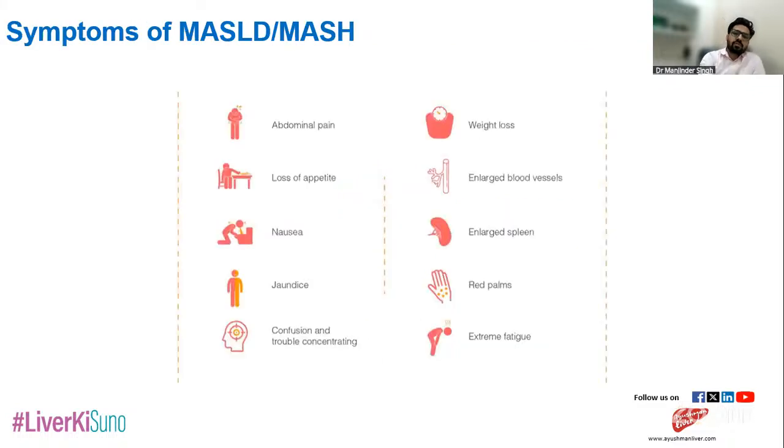So, symptoms of steatotic liver disease or MASH. You may have upper abdominal pain, nausea, which could be there for any chronic liver disease. So you may have nausea, jaundice, abdominal pain, weight loss. If the fibrosis tends to worsen, you may have complications or development of portal hypertension, wherein you could have splenomegaly, engorged vessels of the esophagus called esophageal varices. A person may be extremely fatigued. So these are various symptoms which are common to almost all causes of chronic liver disease.